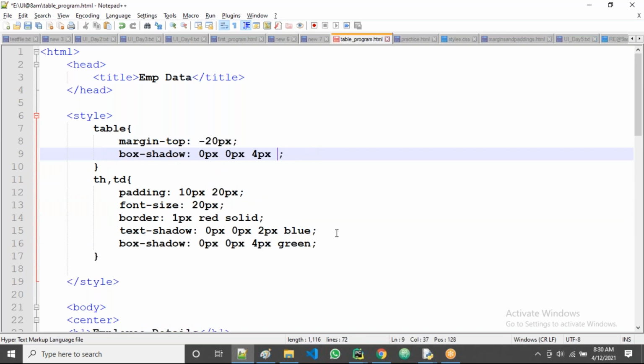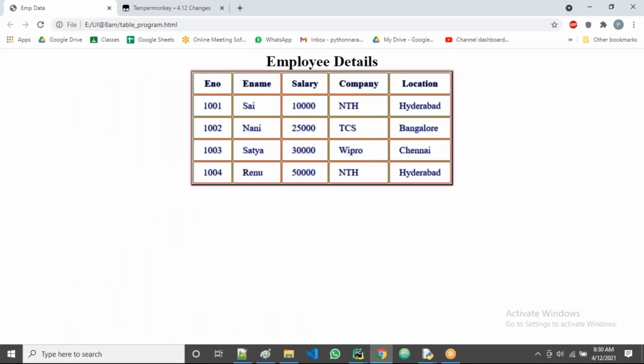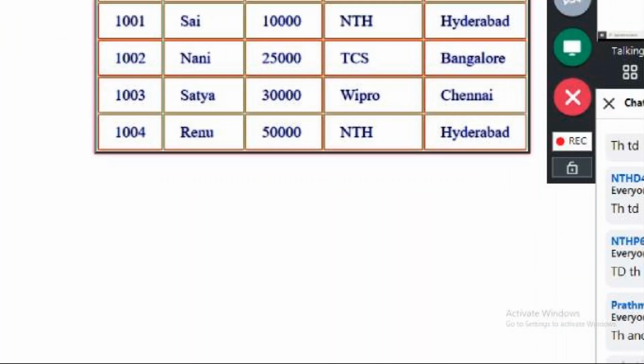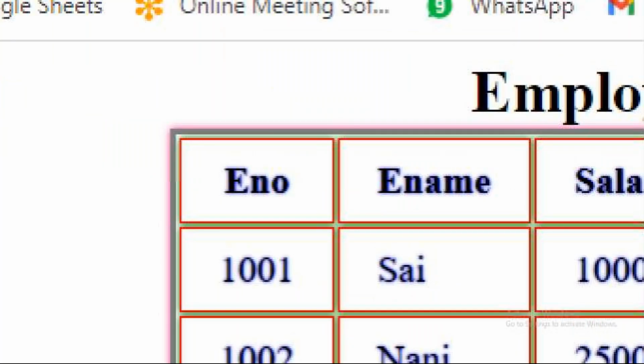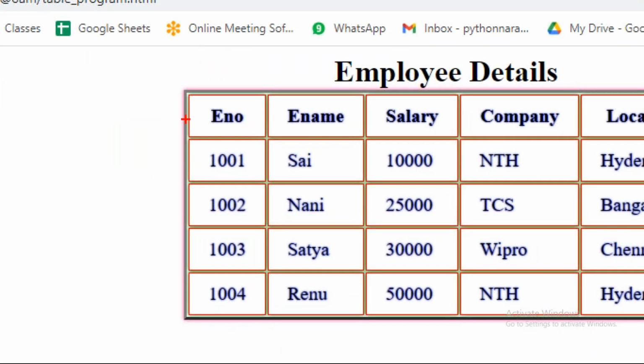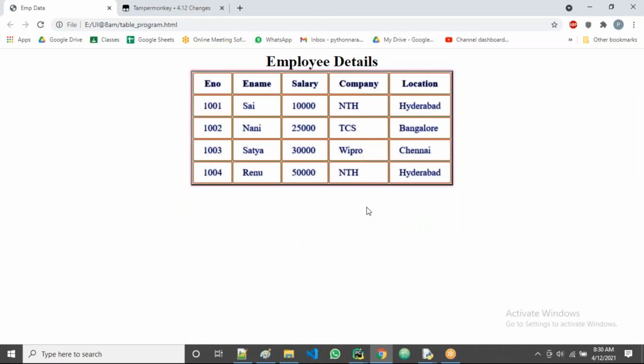Let's change the color. If you want to change the color, let's go with here. Suppose, guys, deep pink. Okay, let me check this one. Yes, let's go there and refresh here. Yes, now all of you can observe here. Now you can observe the entire table level came, right? See, outside the table the shadow is there, guys.